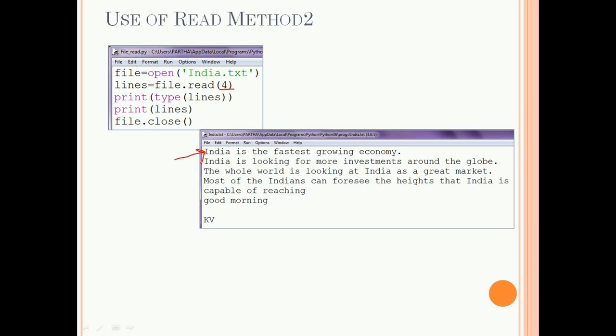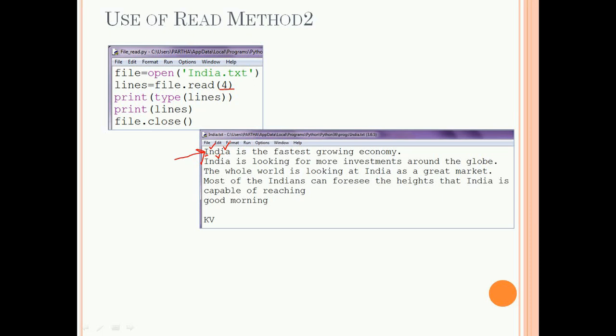Here 4 characters will be fetched from the text file india.txt. So I is the first character, then N is the second character, D is the third character, and again small I is the fourth character.